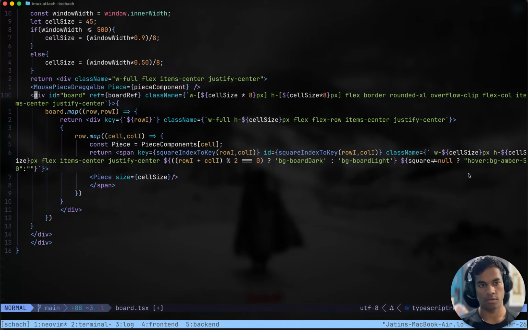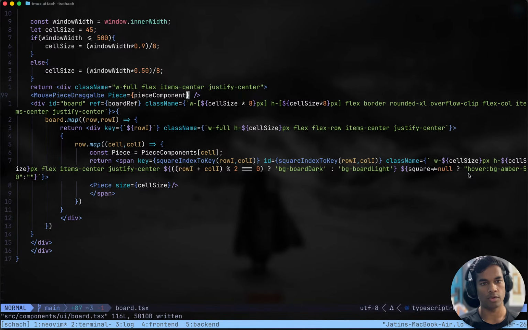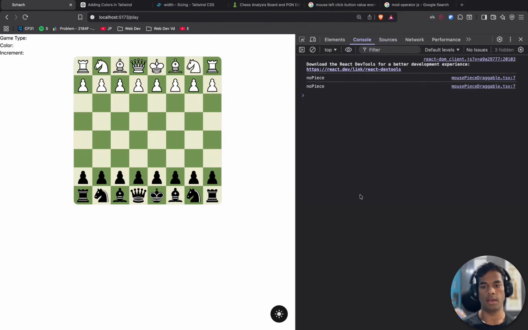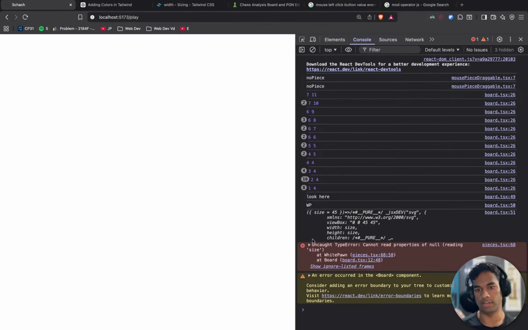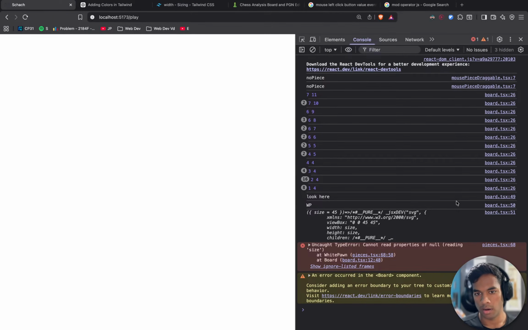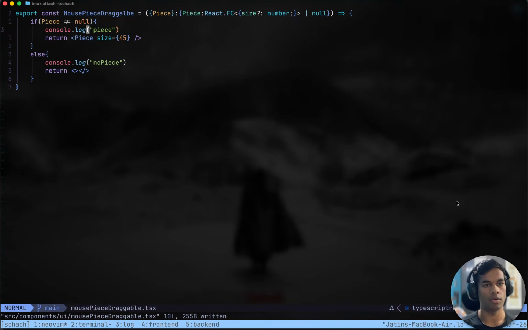I guess we don't need this first of all. And second, just pass in the piece component, and if piece component is not equal to null, and still not working, we are getting piece or no piece.